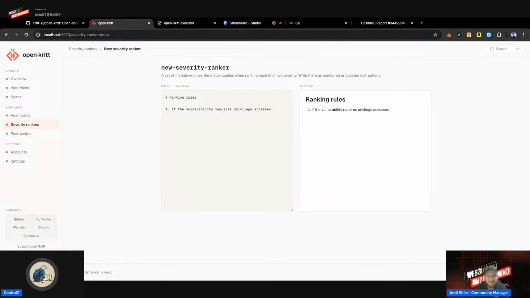Privilege access, then it should be low or something like that. You can write in free text all of the ranking rules that you can think of that are important to you. You can use the ranking rules of the program itself. A lot of bug bounty programs have ranking rules that they are using, and